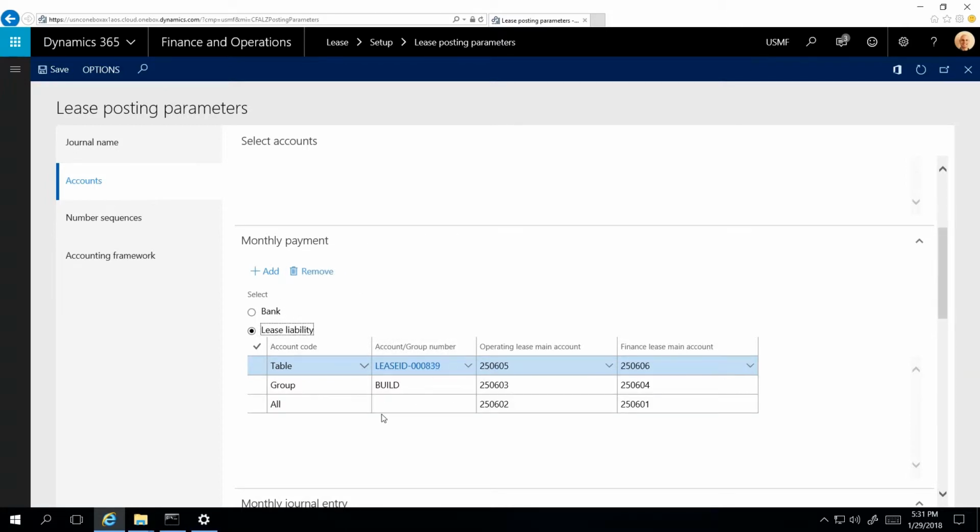Next, the lease liability radio button will link to the lease liability account that will decrease as a result of posting a lease payment. It is important to note, the lease liability and lease asset accounts will most likely be the same accounts across all section headers. Moving on to the monthly journal entry,